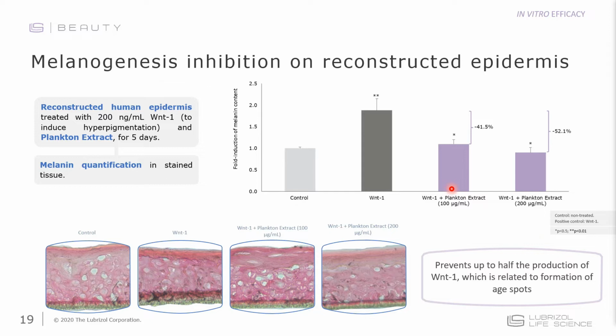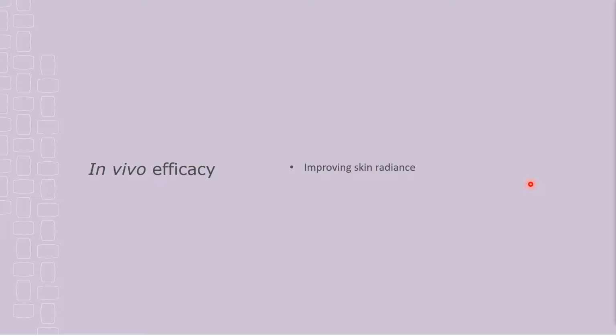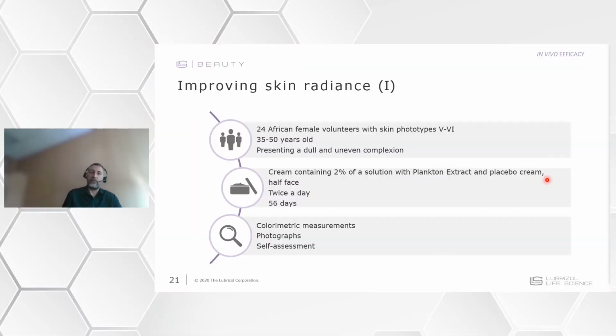We tested two different concentrations, 100 picograms per milliliter and 200 picograms per milliliter, and in both cases, we observed a decrease in the melanin synthesis. So this is in vitro. What happens in vivo? So what we did was to test a cream containing 2% of the solution of this